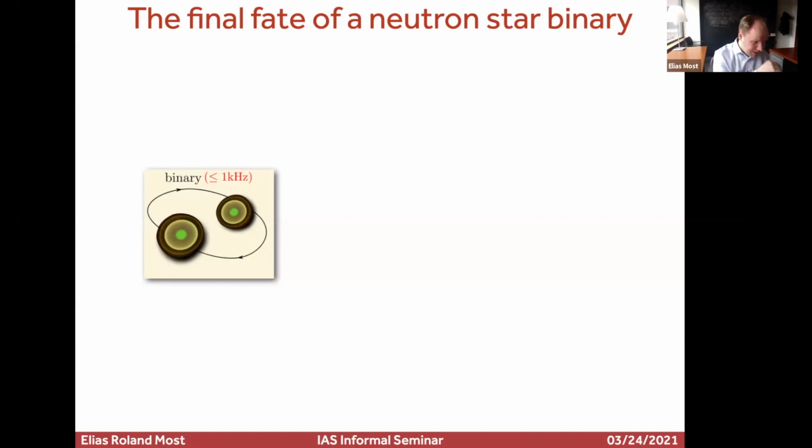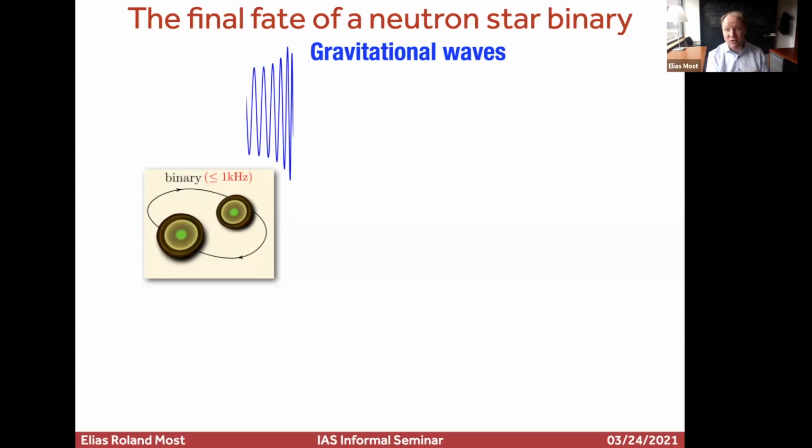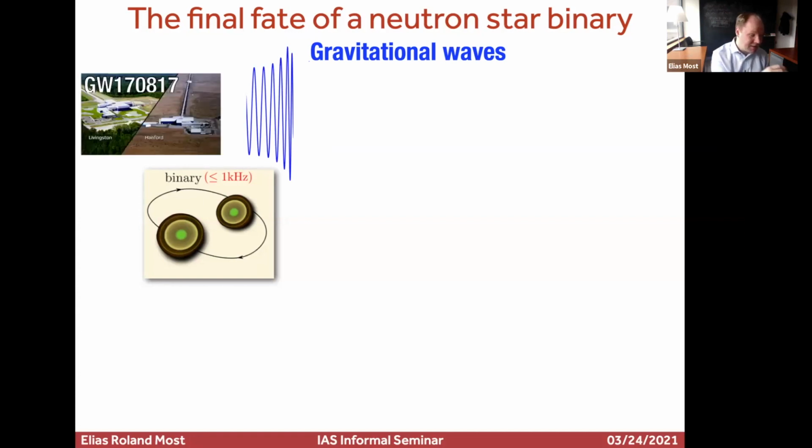And so the idea is, when we look at the late stage evolution of two neutron stars, I'm not talking about how neutron stars are made, I'm talking about how they die when they are in a binary. If you have those two neutron stars, they will inspiral, and in the process they will emit gravitational waves, meaning that they lose angular momentum and energy, and at some point they will merge and fuse into one neutron star. The interesting thing is that we discovered this inspiral gravitational wave signal for the first time in 2017, and with this signal we got a lot of information on certain properties of the stars. On some of them I will talk today, others I will not touch upon.